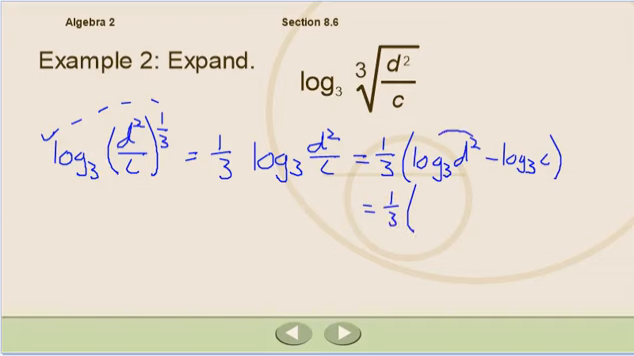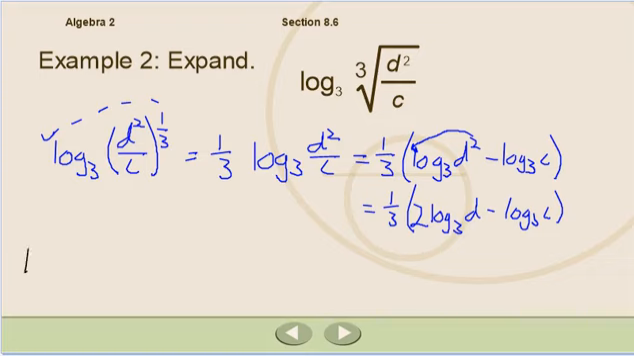And even within here we can use this power rule again. This 2 can come out front, right in front of this one. And so we have 2 log base 3 of d minus log base 3 of c. And we could distribute in this 1/3 or not. It doesn't really matter. I did want to show you just a different way of doing this,